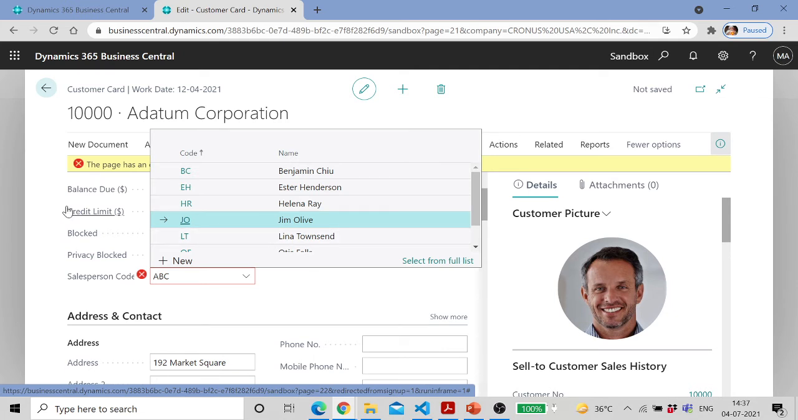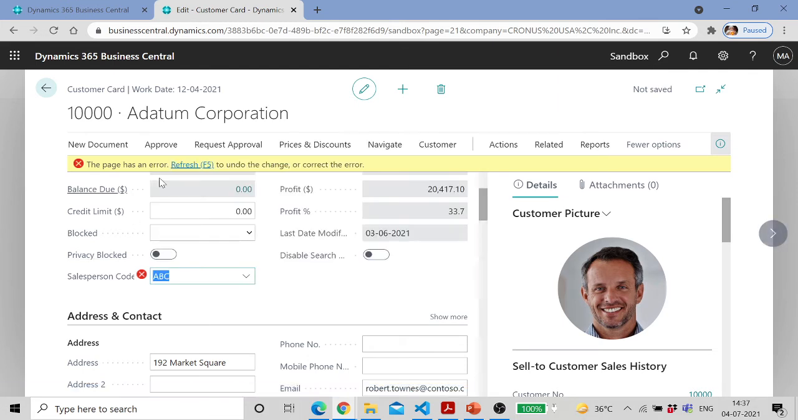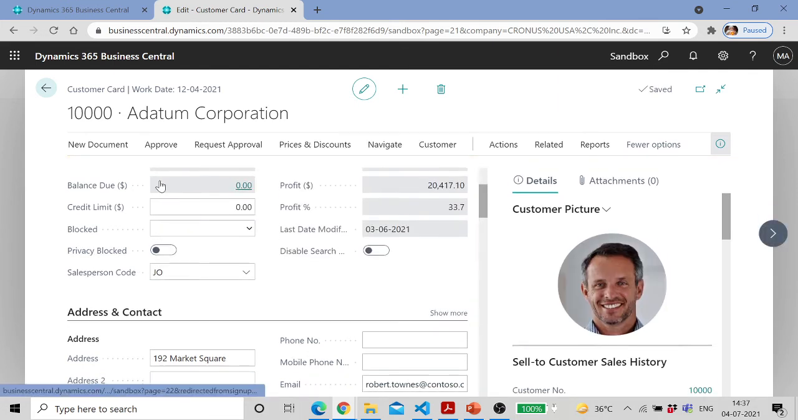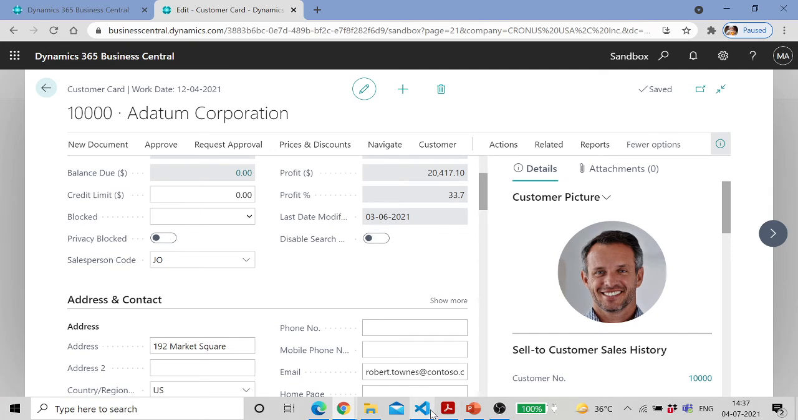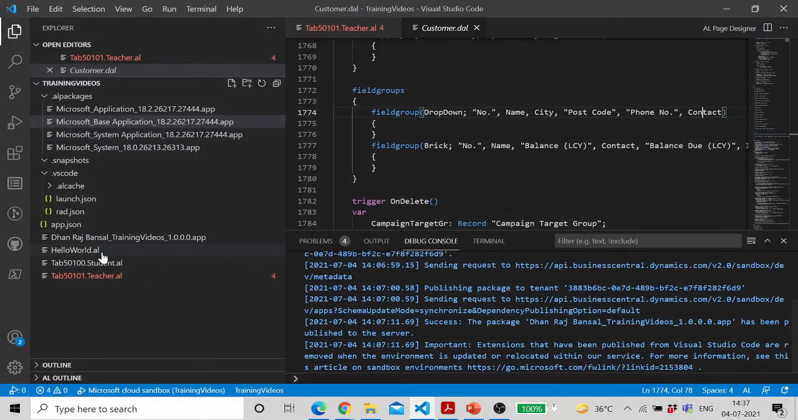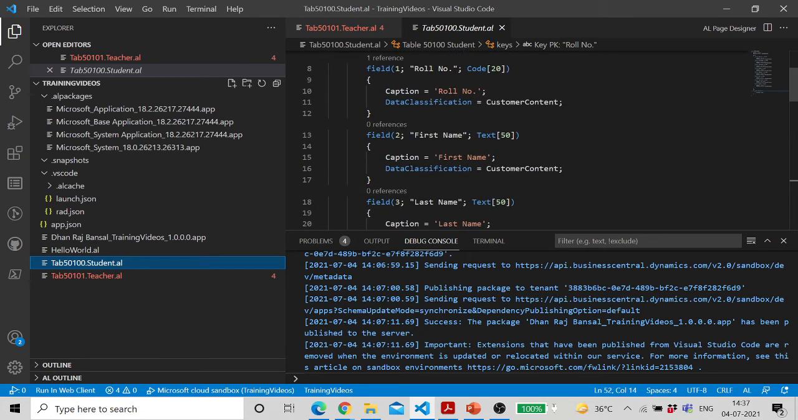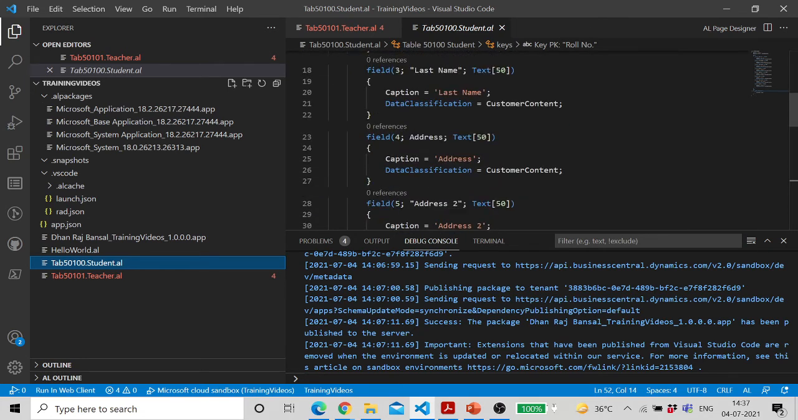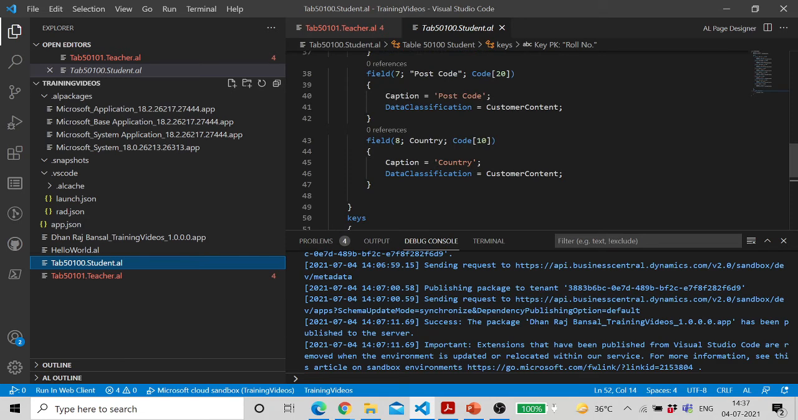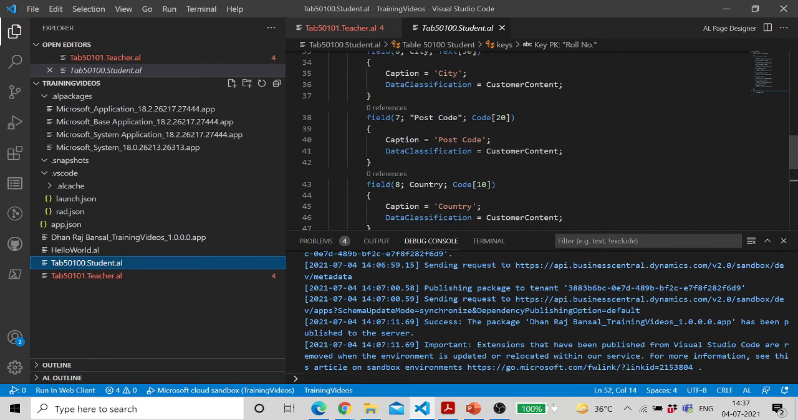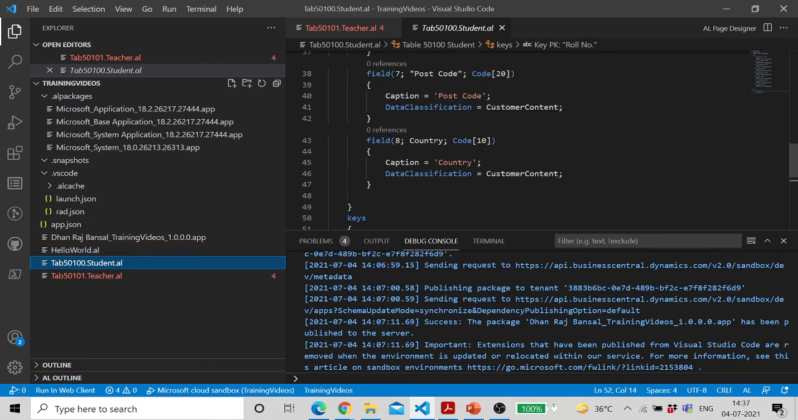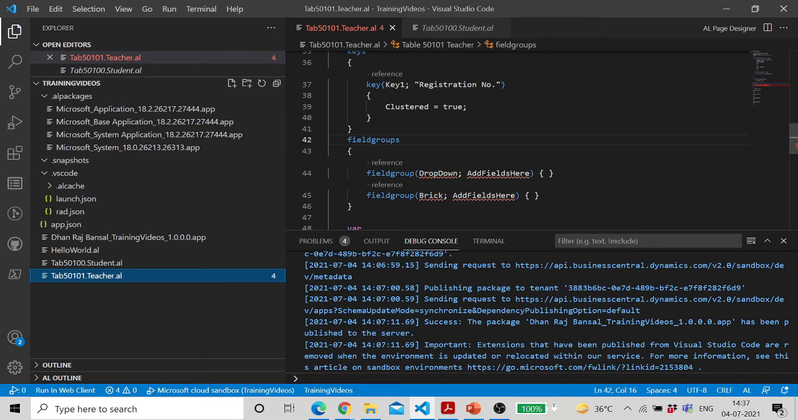So on our new field, we can define the table relation from where the lookup will be done. For example, let's say each student will have a teacher associated with him, maybe a class teacher or whatever. Or for example, country should be a lookup. If we publish, let's publish these two. Okay, add drop down,